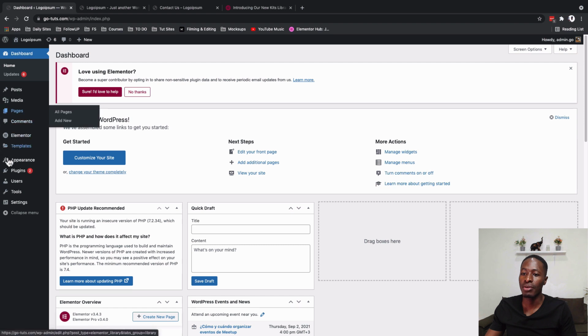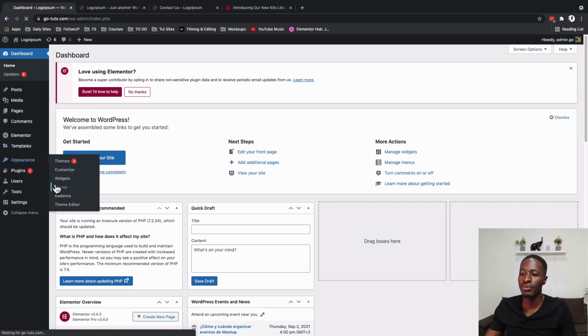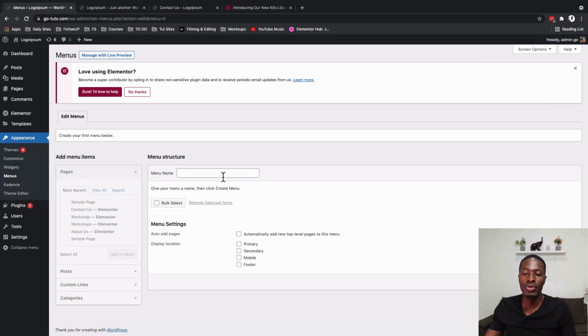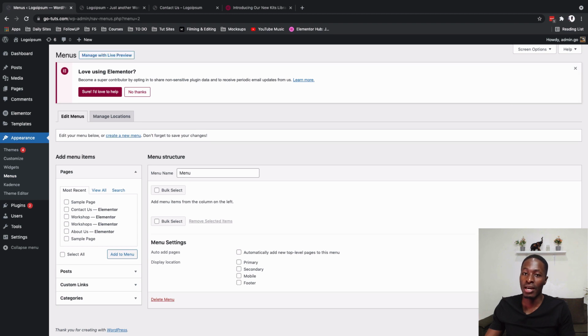So by simply coming over here to appearance, menus, we're going to create our main menu for our website. So we're going to say menu, and here I'll say it's going to be the primary menu. So I'll create the menu, then I'll assign the pages that actually belong to that